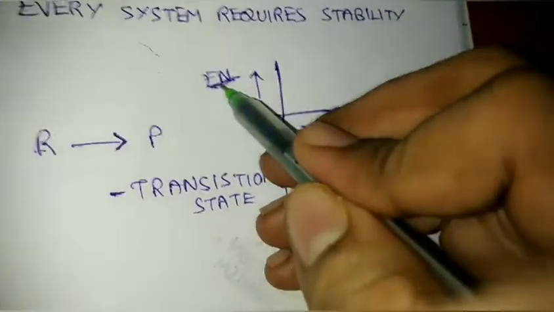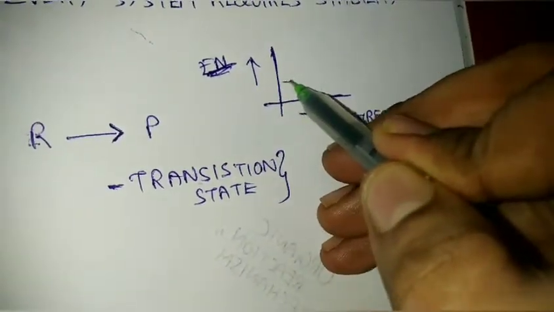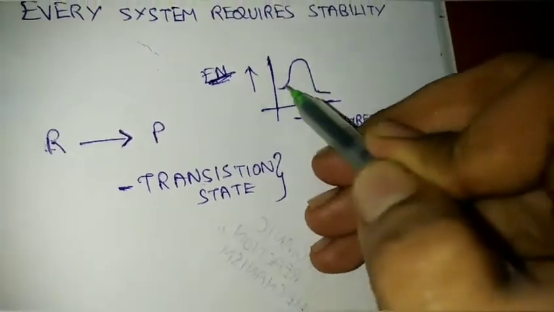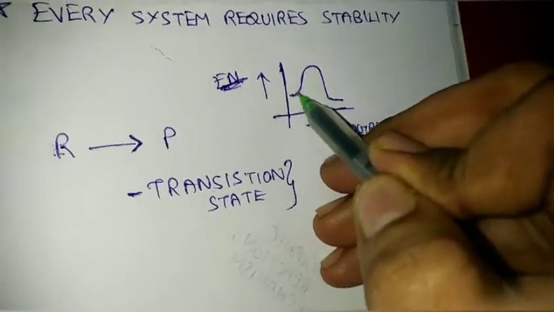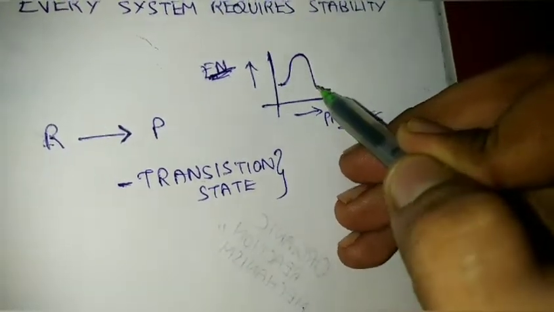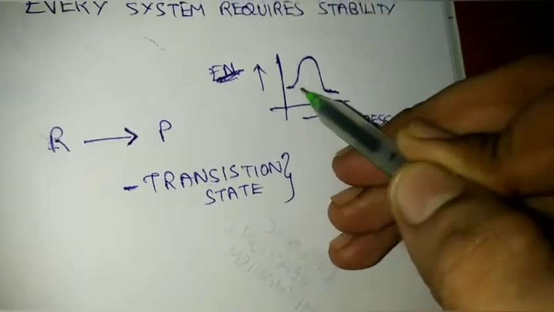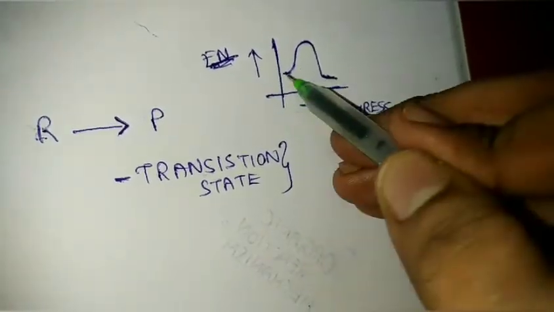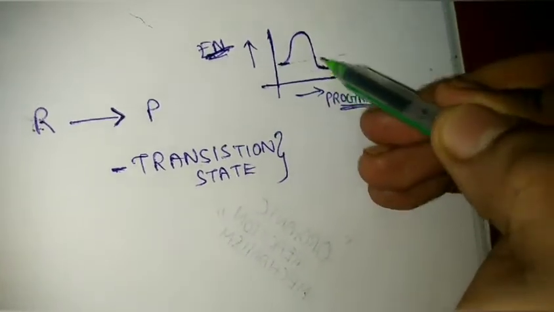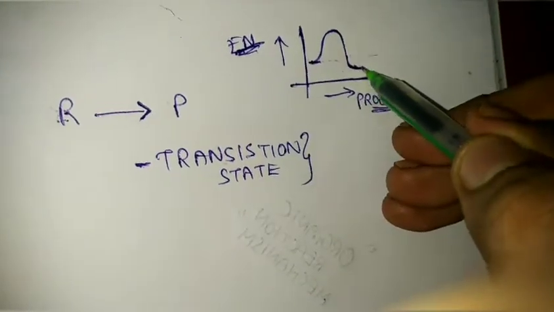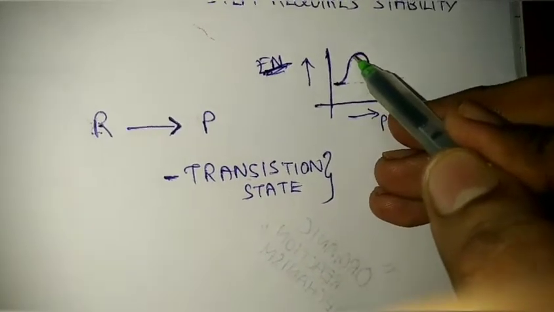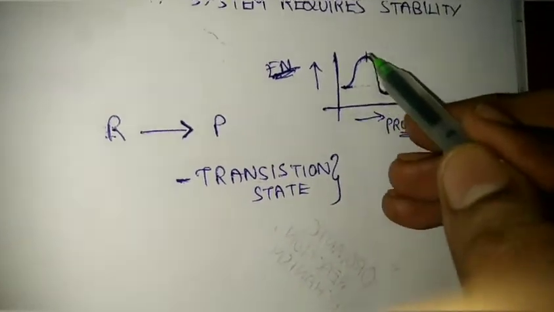For example, this is the reactant, and the path is going like this. The reactant is here, slowly the energy of the system increases, and it reaches a peak here, and suddenly the energy decreases, so much that it goes to a lower level compared to the reactants. See, it is going below this line, right? So consider this reaction happening here. It keeps on increasing, attains a certain state, and finally starts to decrease.